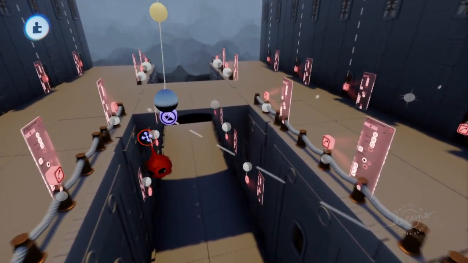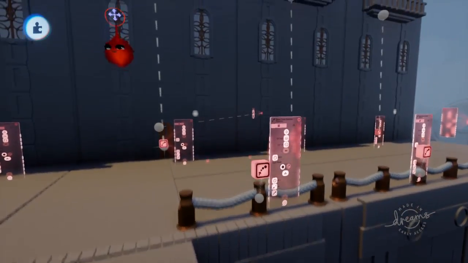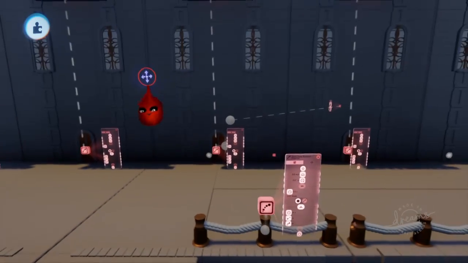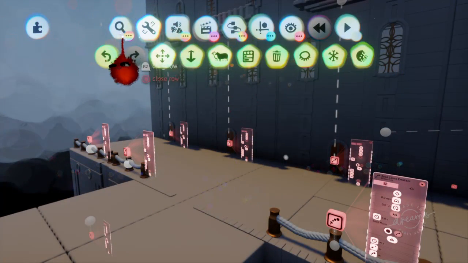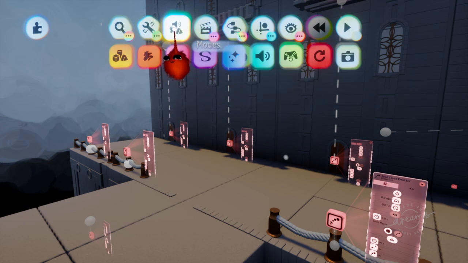So yeah, that's this. Let's throw in something else just to see how that looks. This looks how it looks with the lighting, but there is an option here, if I can click the right button, to get this to look